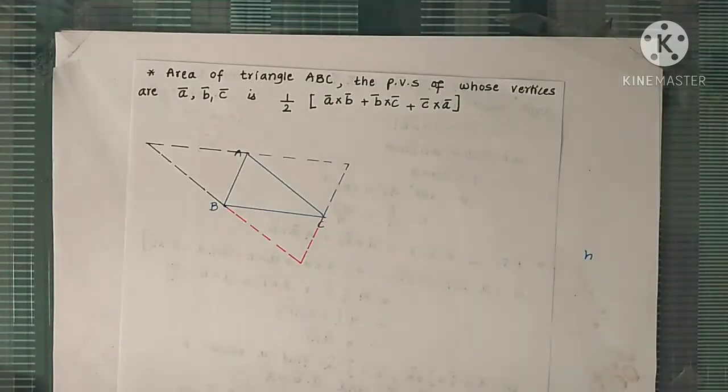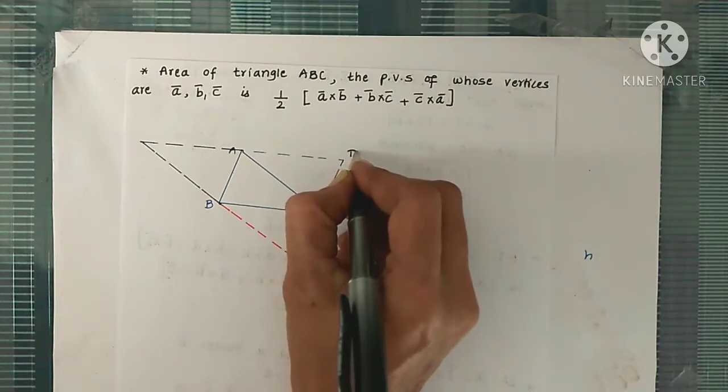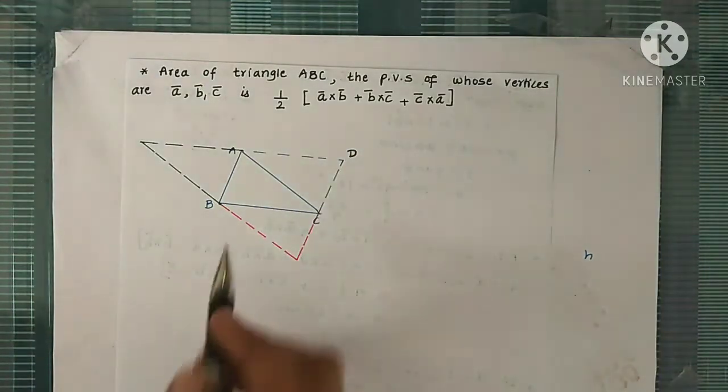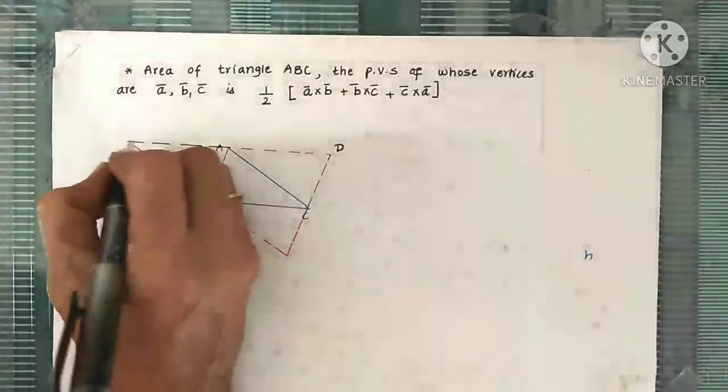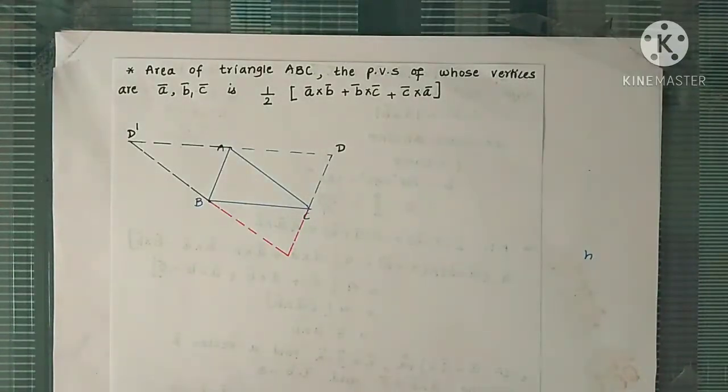First let's find out the area of triangle ABC, and after that let's solve the question which we have kept aside. So here a triangle ABC is given. See here, I have completed a parallelogram ABCD. In three ways we can complete the parallelogram. Then we can complete it as AD dash BC. This is also a parallelogram, keeping the sides of triangle ABC as adjacent sides. Two of those sides are adjacent sides of this new parallelogram.